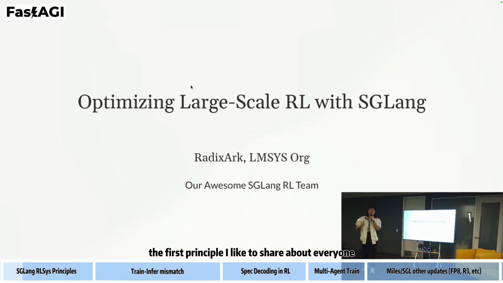So today, the first principle I would like to share with everyone is making things modular. In other words, do not do invasive optimization or modification to Megatron, to FSDP, to SGLang, or to whatever inference engine or training engine. The idea behind this is that RL should be the glue between training and inference. The ideal thing is you just connect them together; there are not so many things you need to optimize. To be humble and follow this first principle, try to make things clean and elegant. Do not do invasive modification to any backend. That's the first principle.